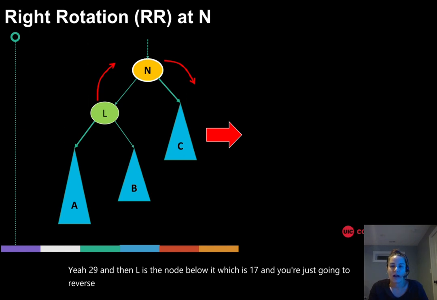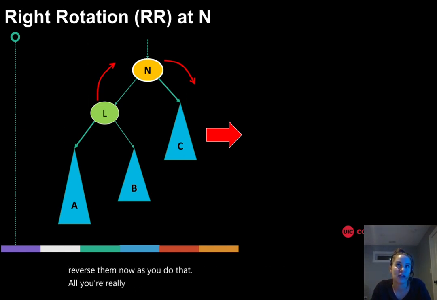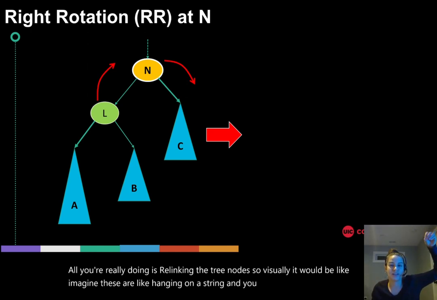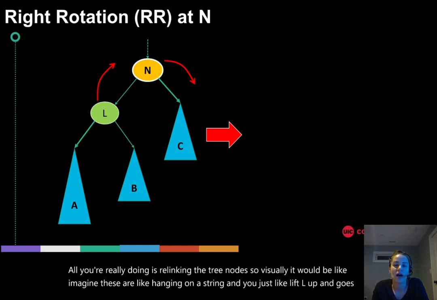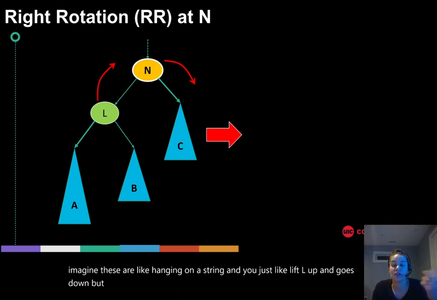As you do that, all you're really doing is relinking the tree nodes. Visually, imagine these are hanging on a string, and you lift L up and N goes down, but algorithmically, it just means that you're updating a bunch of left and right pointers